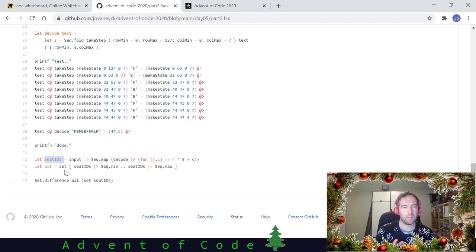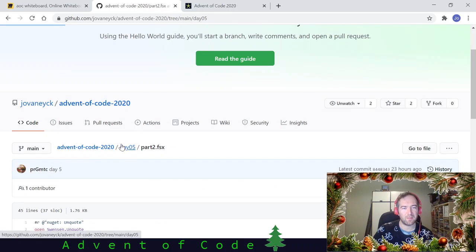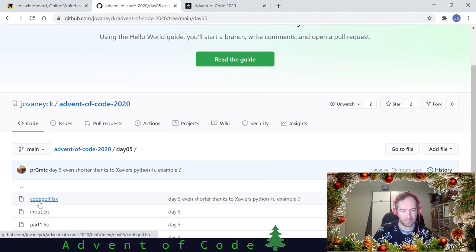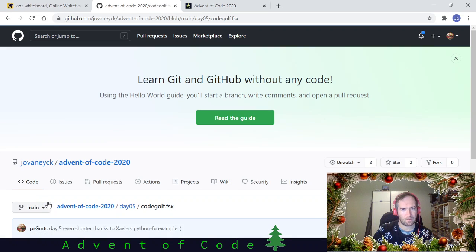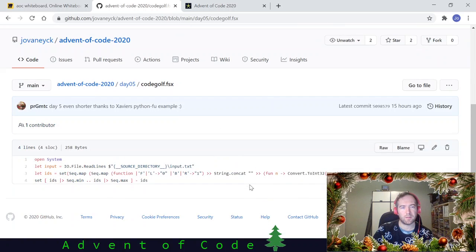Well, it turned out this was a very roundabout way of converting a binary number to an integer. So with that information in hindsight, I decided to tackle the problem again, and it's a bit easier